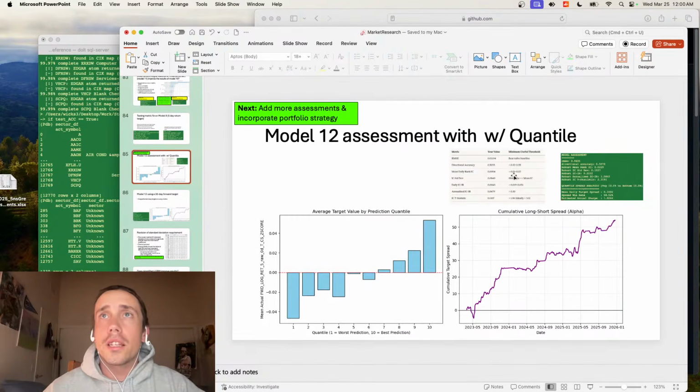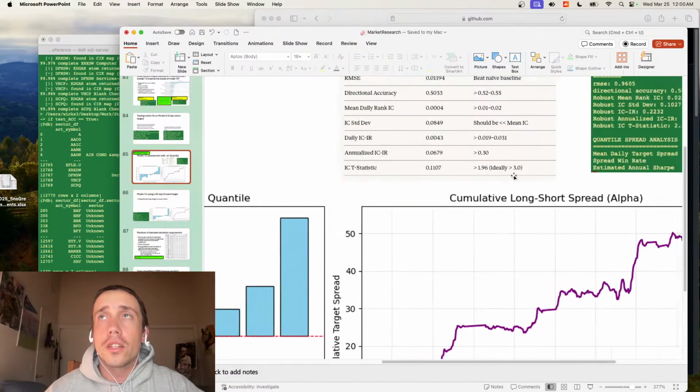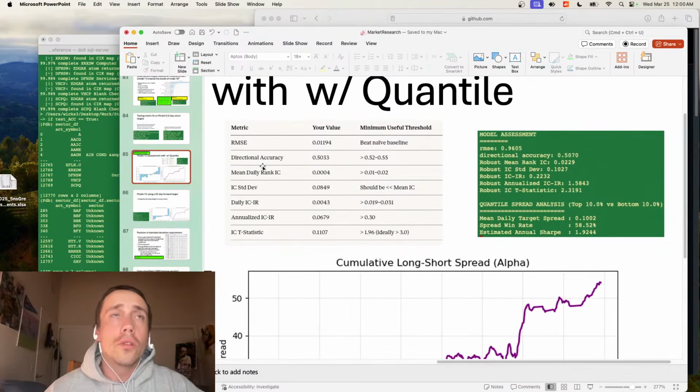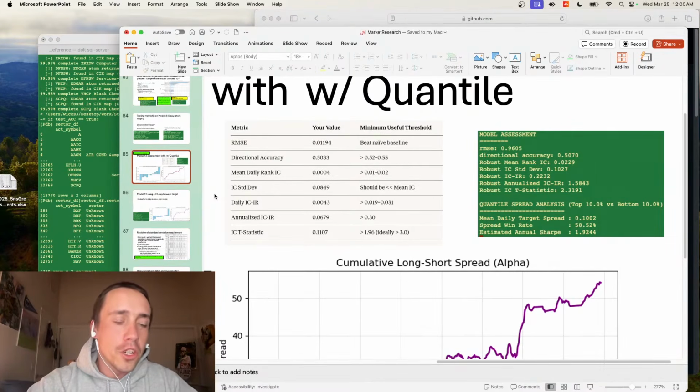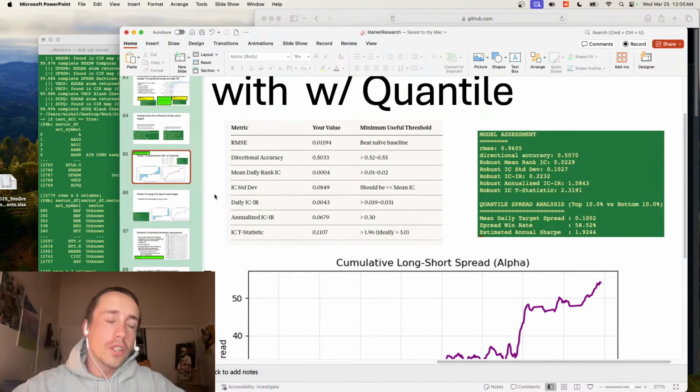So like I said, directional accuracy isn't the metric you want to use. Rather, you would like to use these bottom 5 metrics. I'm looking at the information coefficient of the model, which basically shows how good it is at predicting, the standard deviation of the information coefficient, the information ratio, both on a daily and annual basis, and the t statistic. The first one, information coefficient, is giving how good the model is at predicting. The other 4 metrics are giving basically how stable the model is.